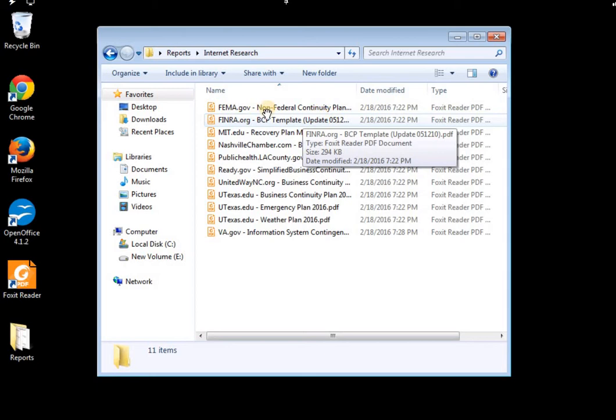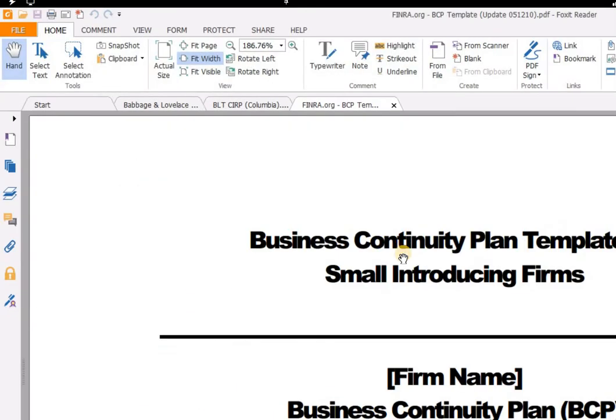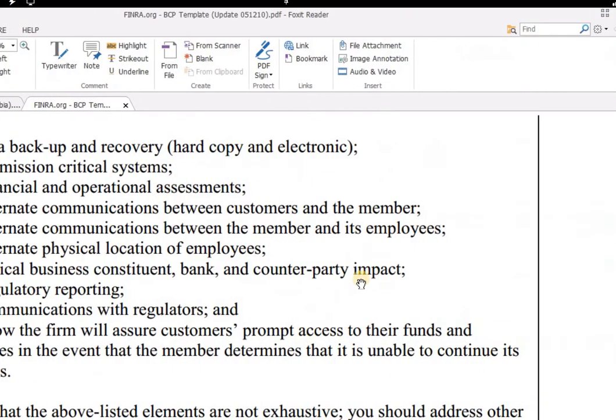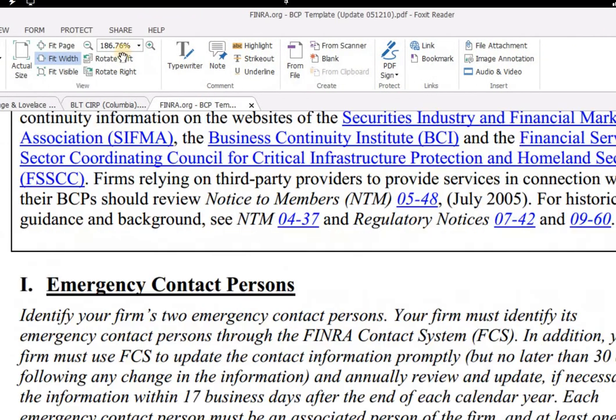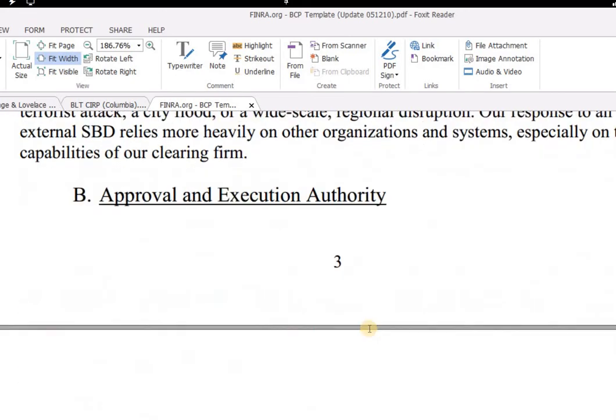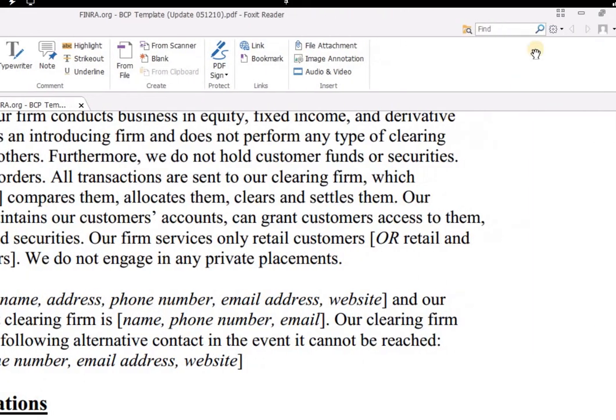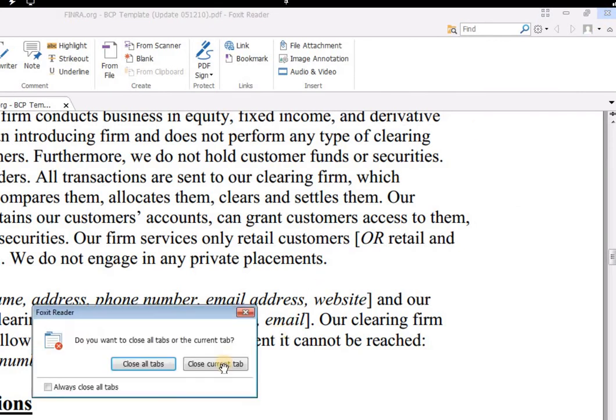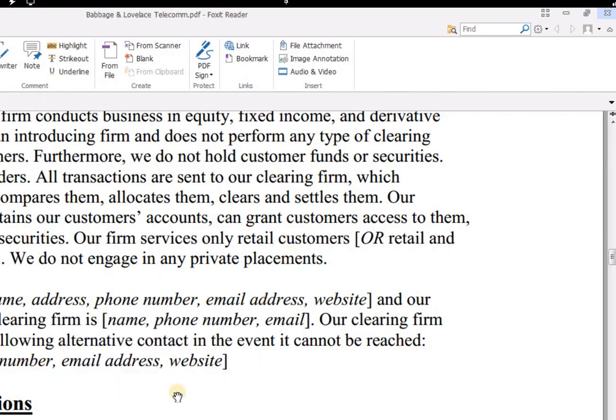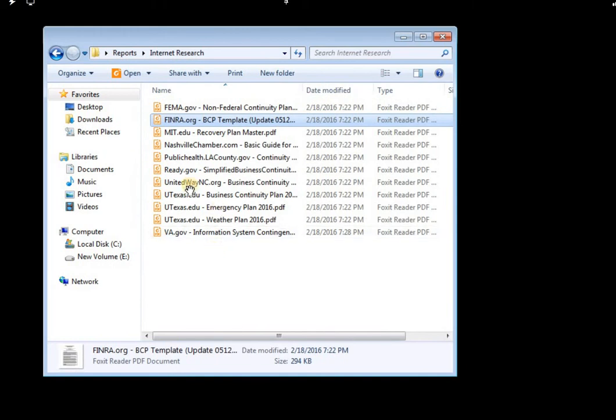So here you will see examples of plan templates from a variety of different organizations. As you guys can see, there is no one way to generate a BCP. So let me now